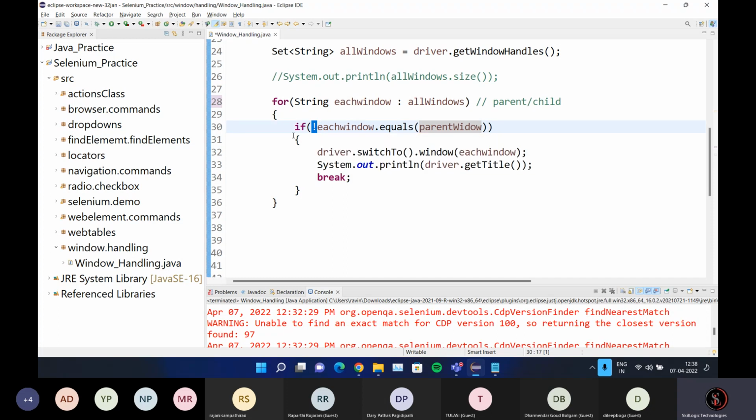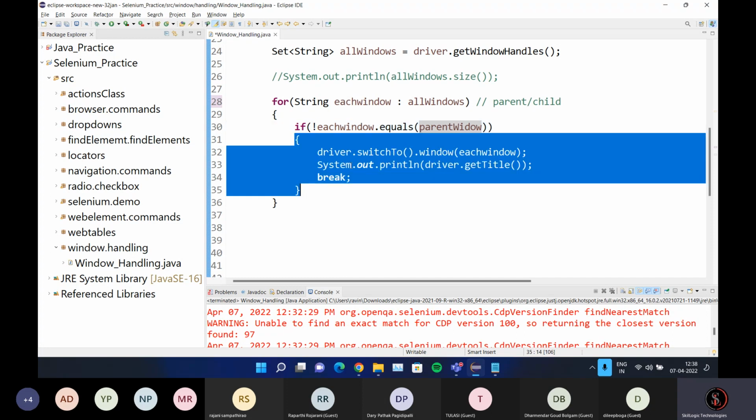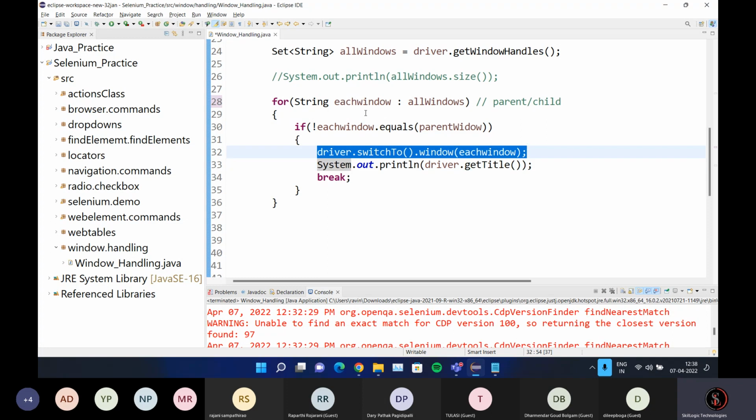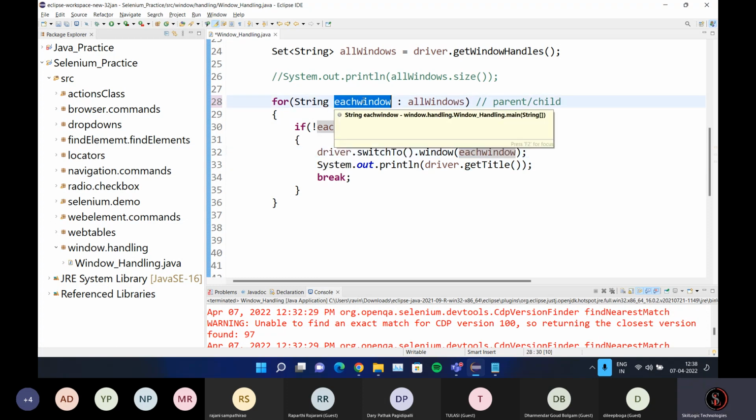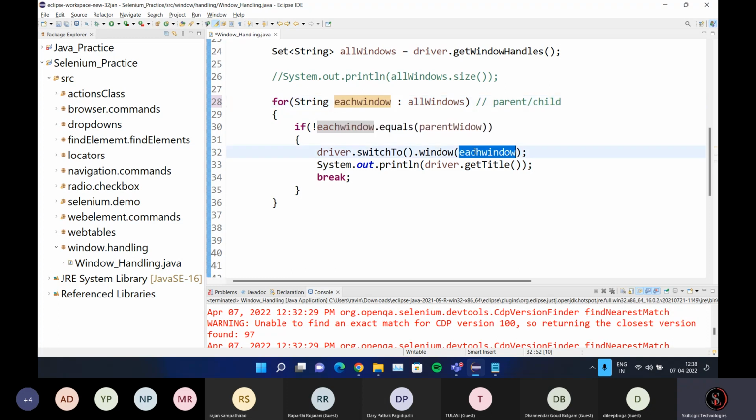Inside, if it is true, then the if block will be executed. Obviously, we are switching to the corresponding child window. This is the window. Don't give the parent here. So this is the window that has the child window ID. So there I'm trying to switch using the